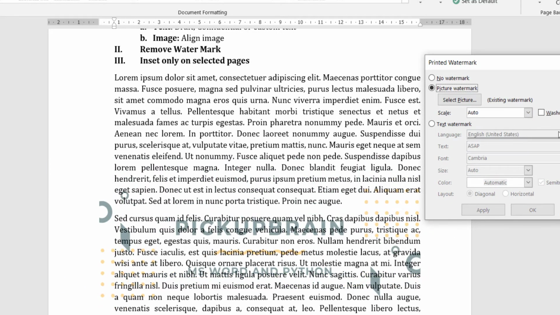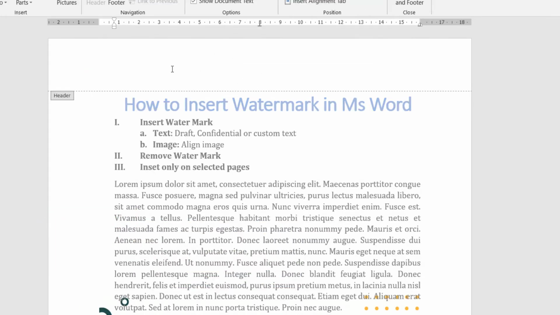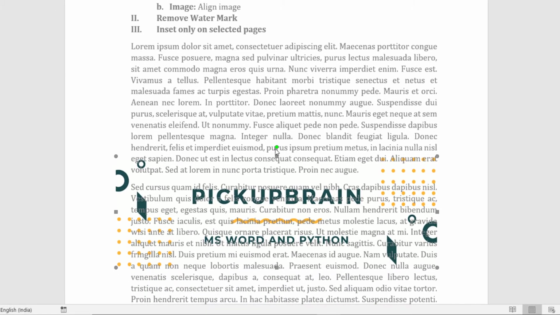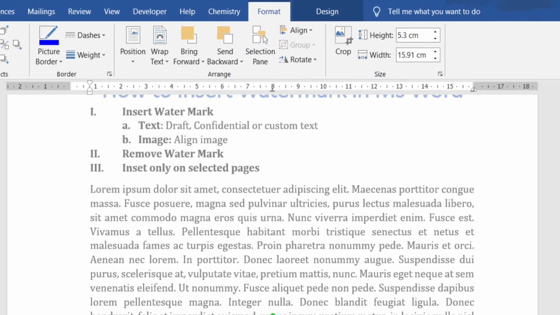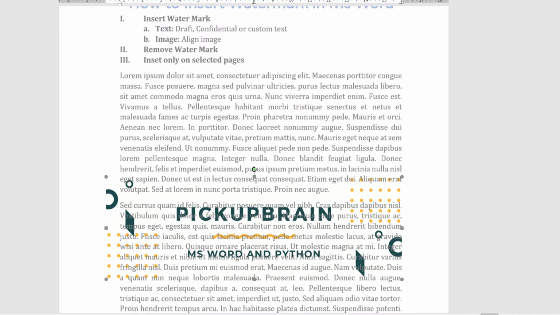Most of the time the auto scaling option is better, but if you don't want this picture at the center, you can even edit the picture. To edit the location of the picture or to have more editing options on this picture, you have to go to the header. To do that, you just have to double click at the top of the page and you go to the header. Once you are in the header, you can edit this picture by clicking on it, and you can resize, recolor, and you can click on the picture and go to format, and you can change the brightness, contrast, and many other things. And you can even rotate this picture or align this picture or move this picture.